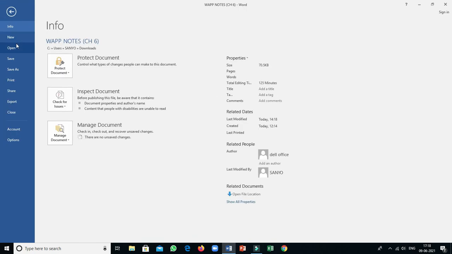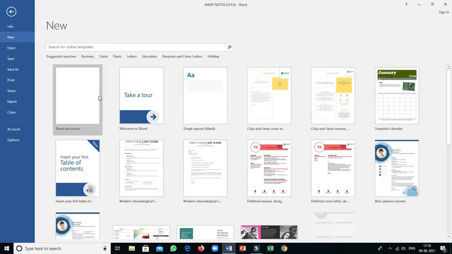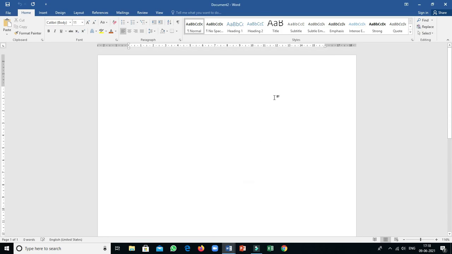Now go for the mail merge. I already told you that for mail merge you have to create two files, one is your data file, another one is your mail merge file.